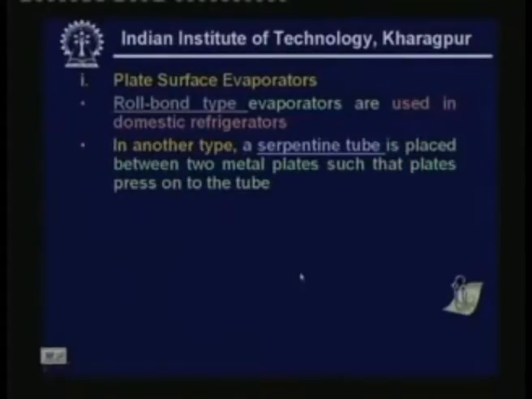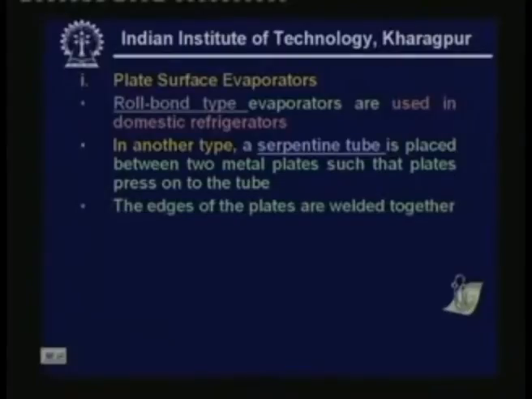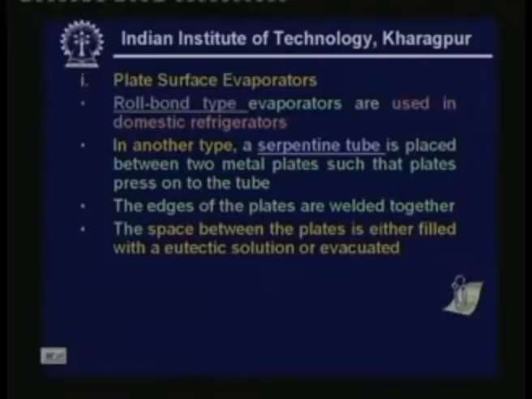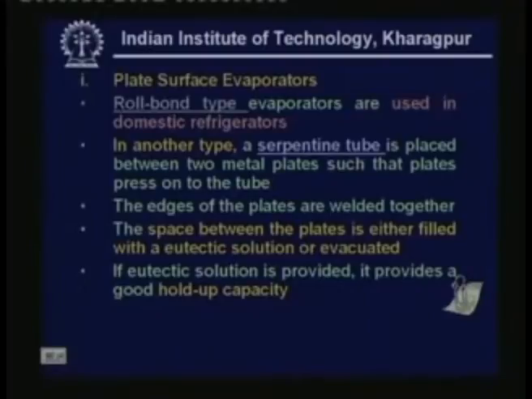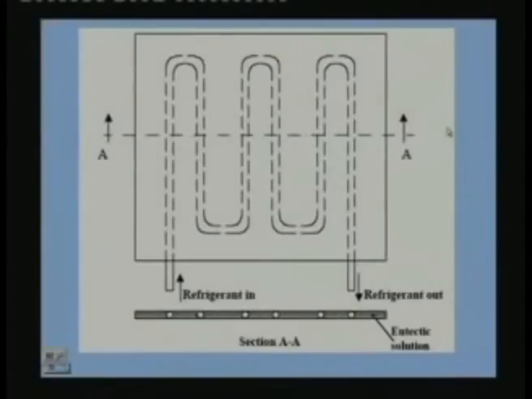There is another type of plate surface evaporator. In this type, a serpentine tube is placed between two metal plates such that the plates press onto the tube. Let me just describe it first. The edges of the plates are welded together. The space between the plates is either filled with a eutectic solution or evacuated. If eutectic solution is provided, it provides a good hold up capacity. These kind of evaporators are widely used in refrigerated trucks. So let me describe this. So you can see here,